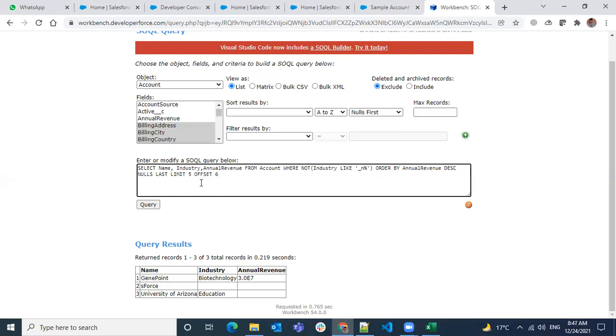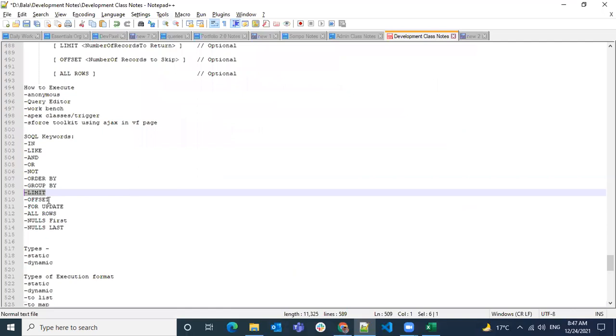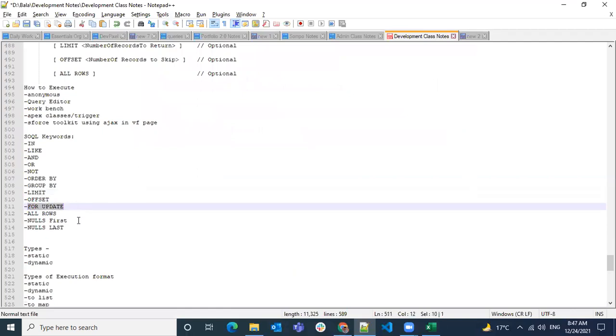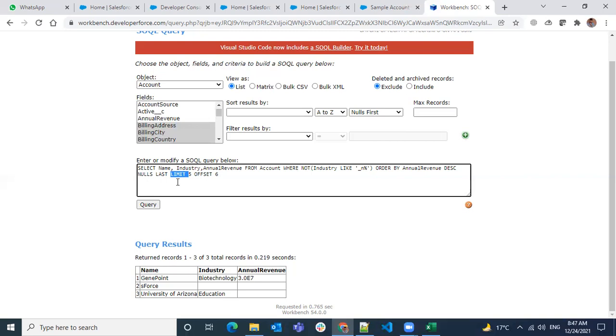And limit is whatever you're having, you're trying to limit the result. That's what a limit does. And for update, we have already seen that we cannot actually replicate the use of for update here. Why?